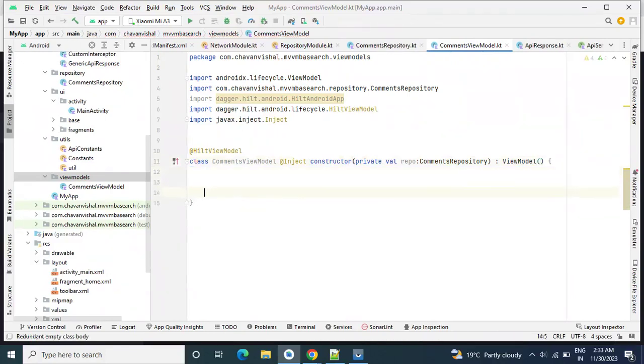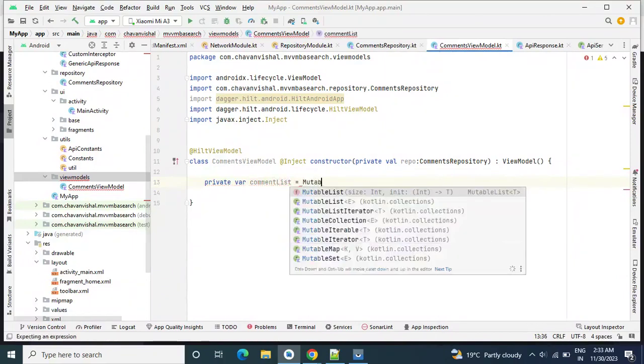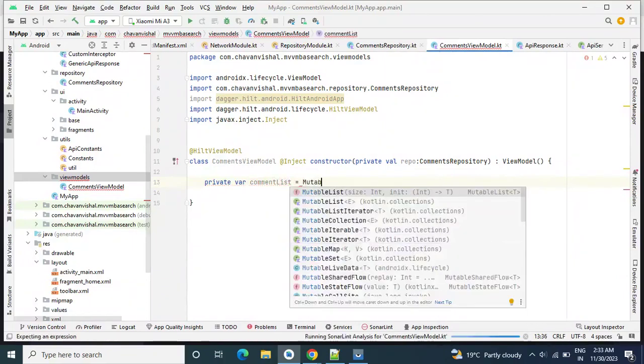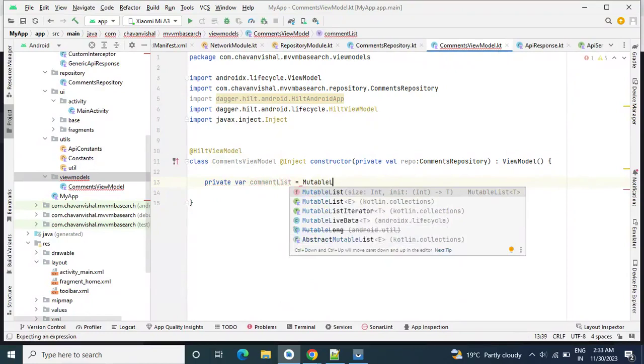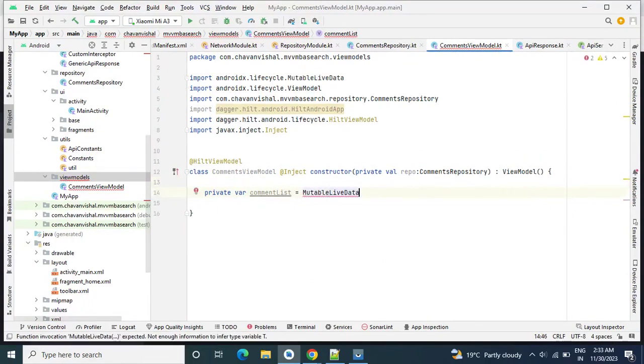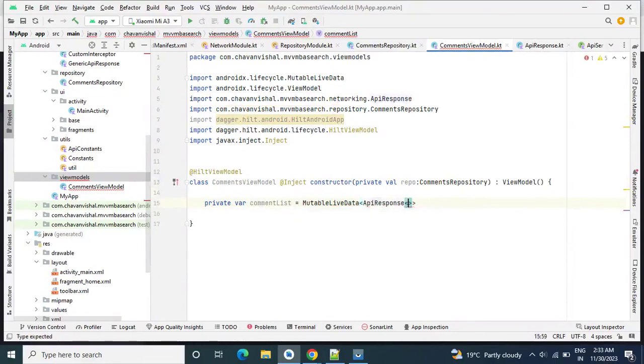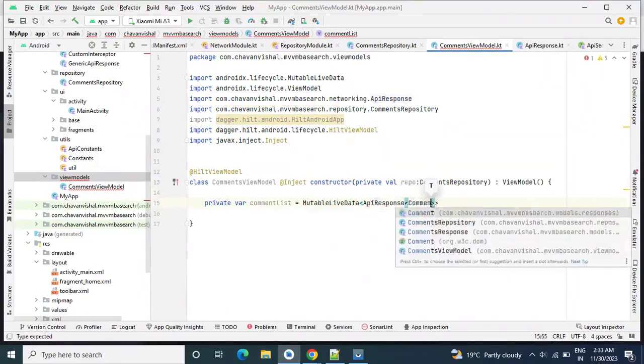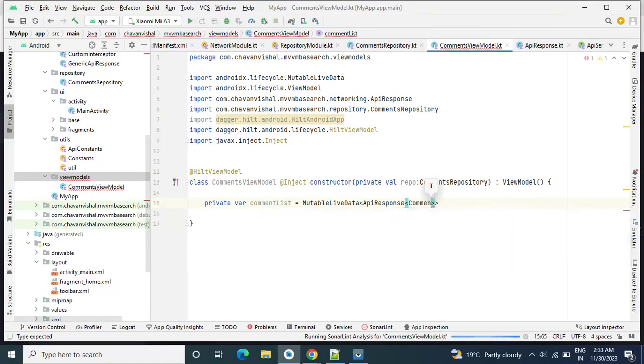Okay, first here we will declare our comment list variable, private var commentList is equal to MutableLiveData of ApiResponse. This is our generic class, and we will wrap the response here, CommentResponse.